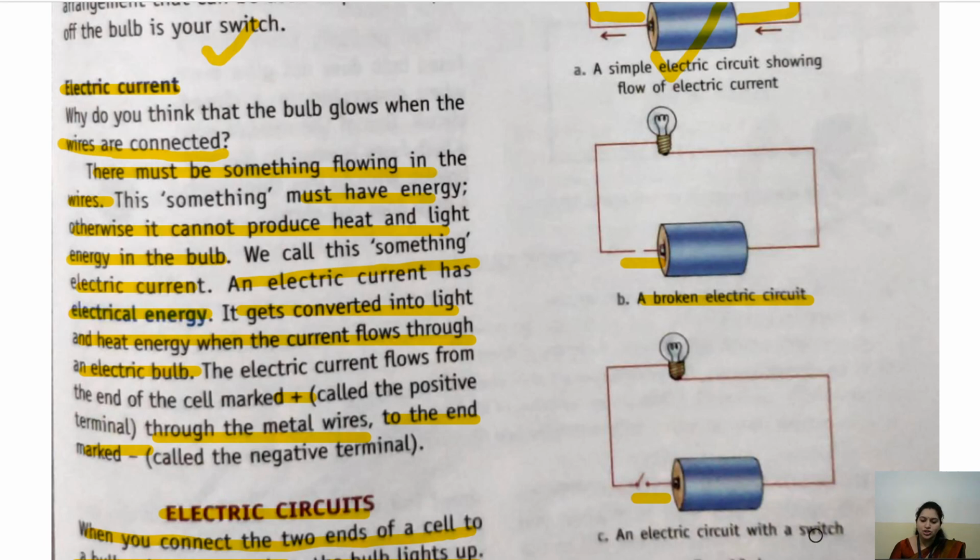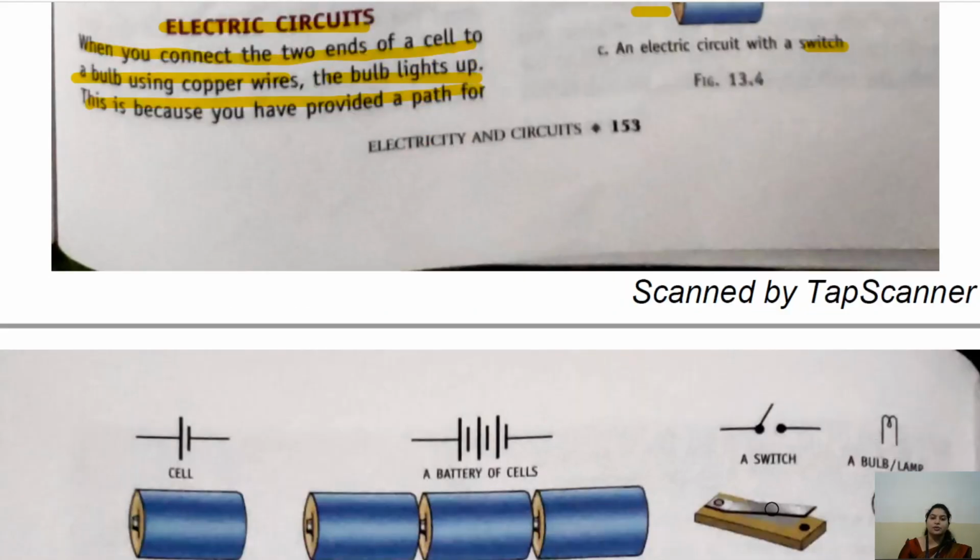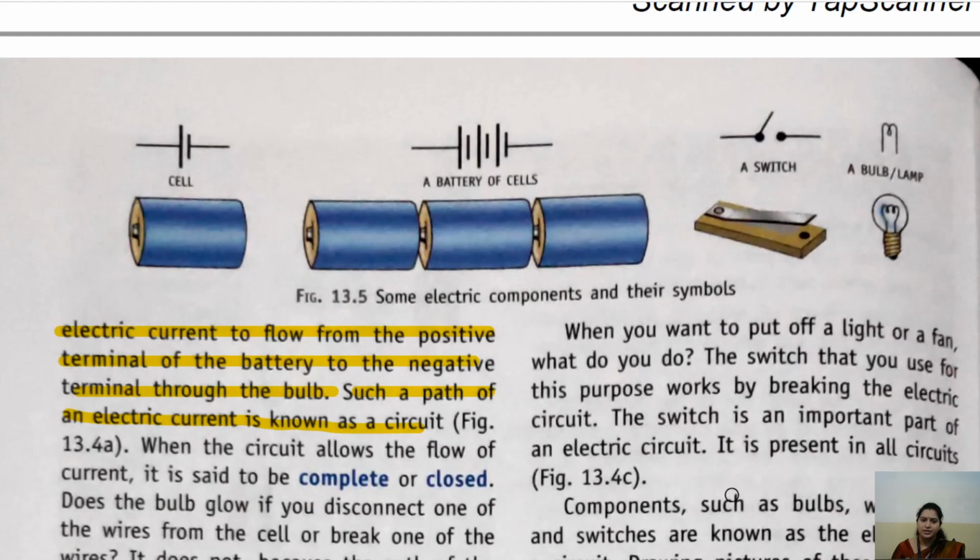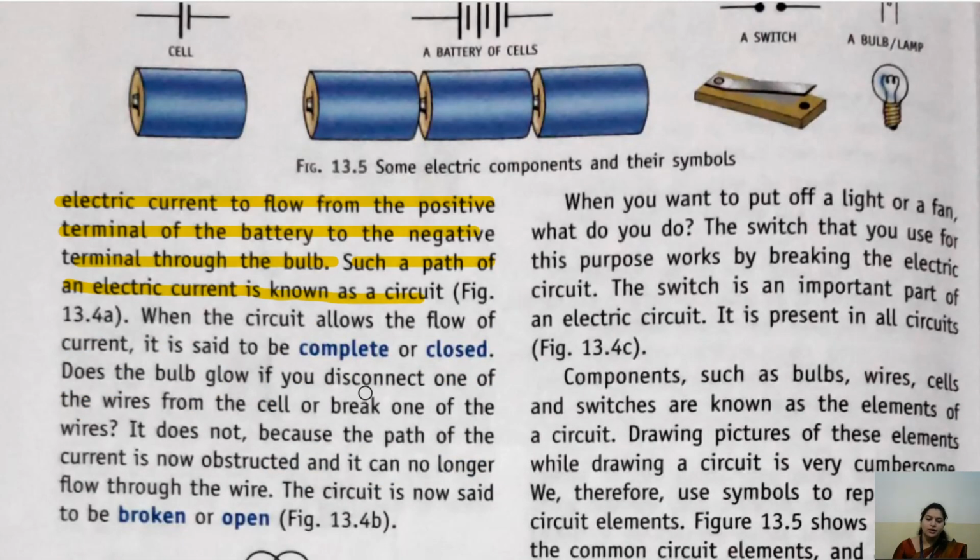Okay? So, the switch is also acting here as, what does the switch do? Switch helps in completing or opening and closing of the circuit. Okay? When we switch it on, बल्ब ग्लो करेगा. हम स्विच ऑफ कर देंगे तो सर्किट ब्रेक हो जाएगा और बल्ब ग्लो नहीं करेगा. ओके, सो वी रिक्वायर for an electric current to flow and for a bulb to glow or any electrical appliance to glow, we require a complete and a closed circuit.